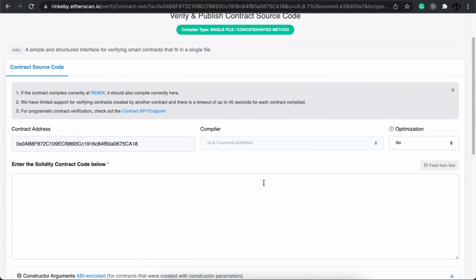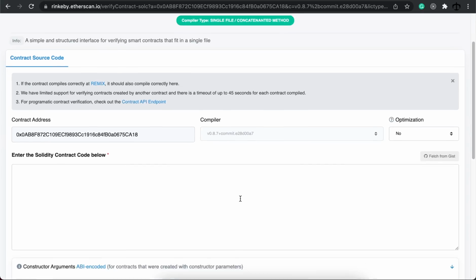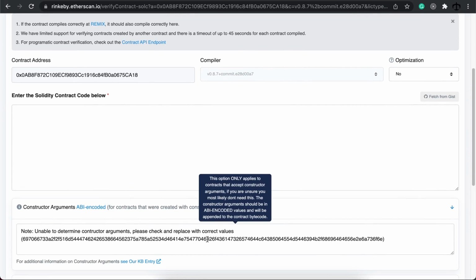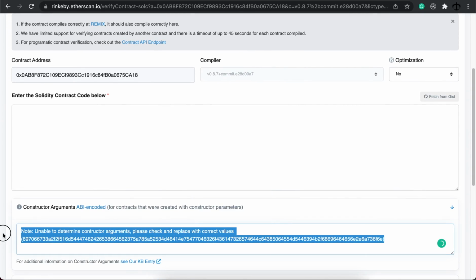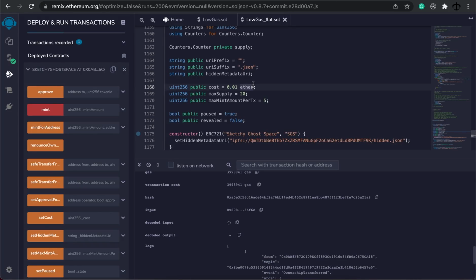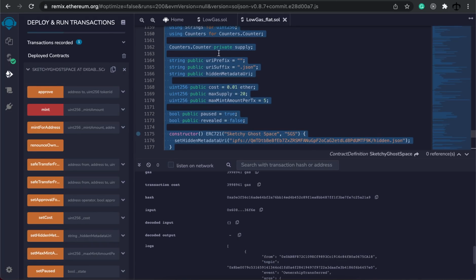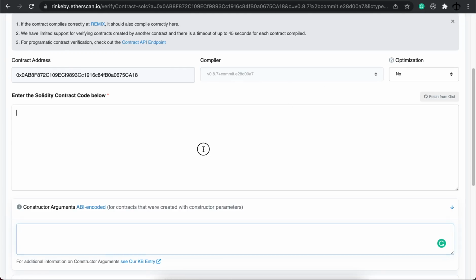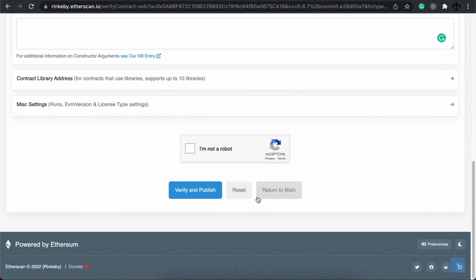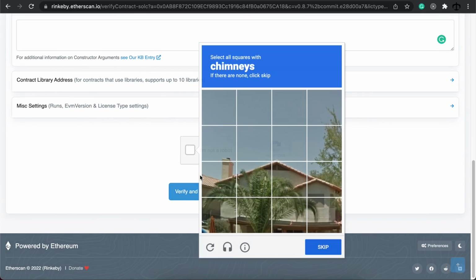Once we do that, it's going to ask us if we have optimized our contract, which we haven't, and then the contract code. It also needs the ABI encoded data, but we can actually remove this because we had no constructor arguments. So remove that, go back to your contract, simply select everything and copy the whole contract, go back, paste it in this space like so, then scroll down, verify that you are not a bot,